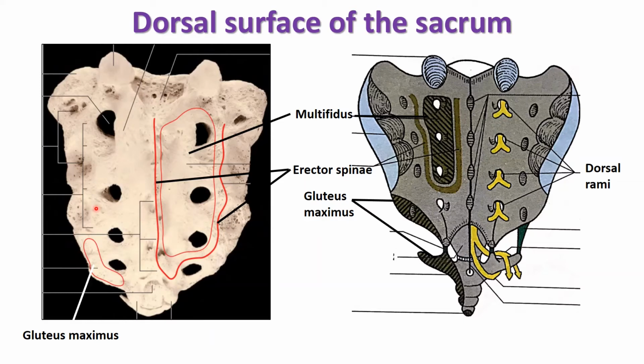Erector spinae muscle is a set of muscles of the back, takes origin from the sacrum, iliac crest, spinous processes of lumbar vertebrae and thoracic 11 and 12 vertebrae. And its insertion is on the angle of lower 10 ribs and spinous and transverse processes of thoracic vertebrae. So I am repeating again.